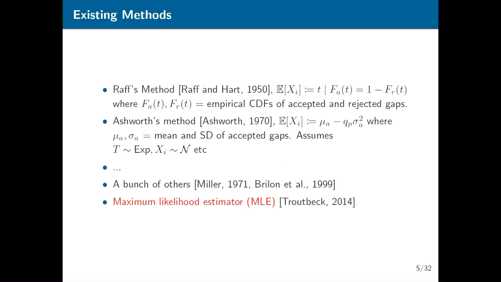There are a number of critical gap estimation methods usually used to estimate the mean critical gap. The earliest one goes back to Ross, which essentially finds where the two distributions intersect. But it's actually quite sensitive to the major stream traffic flow. There's another one called Ashworth's method, which assumes the inter-arrival times are exponential and the critical gaps are normal, neither of which is particularly realistic. And there's a bunch of others, which I didn't list here, because there are these two papers that did a bunch of comparisons between them and show that most of them are biased anyway.